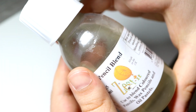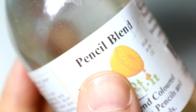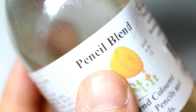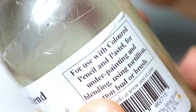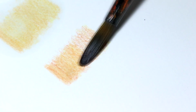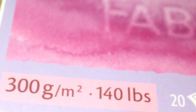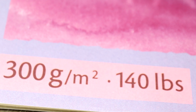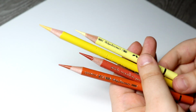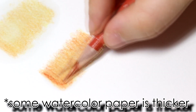If you're using a solvent, Gamsol or paint thinner with your coloured pencils, I will also use a hot press watercolour paper for this. As I said, hot press watercolour paper has some texture to it, so as you use a solvent, the solvent absorbs into the grooves of the paper. Also, as a solvent is a wet medium, you must only use this on paper that is thick enough, and watercolour paper is designed for wet mediums and is 140 lb or 300 GSM in weight, meaning it can handle